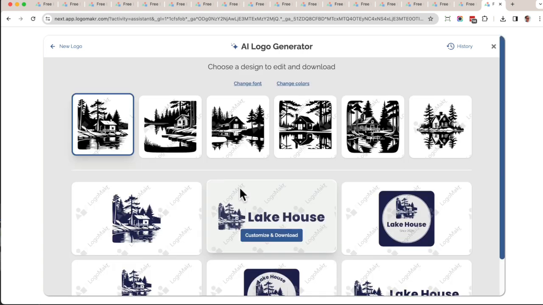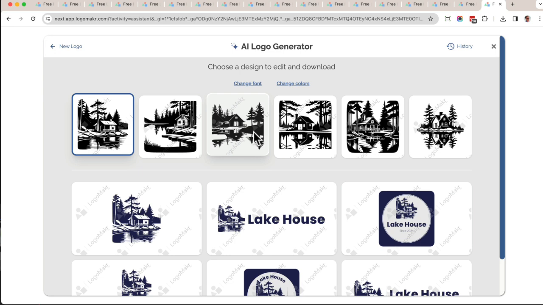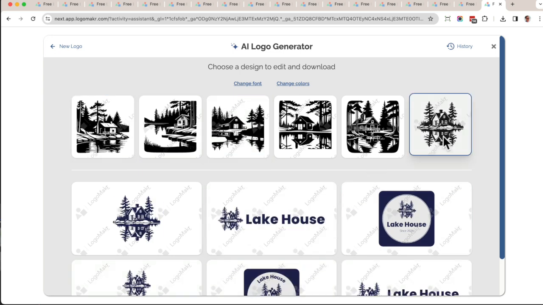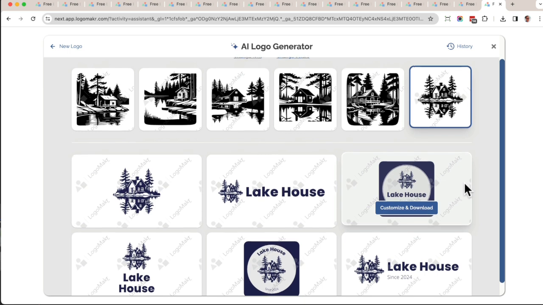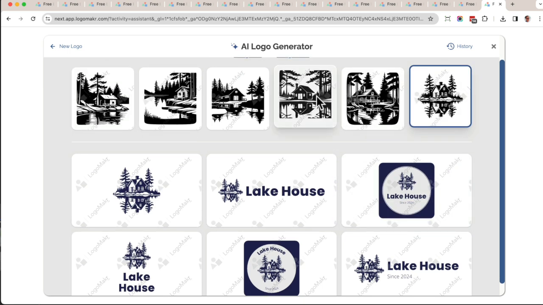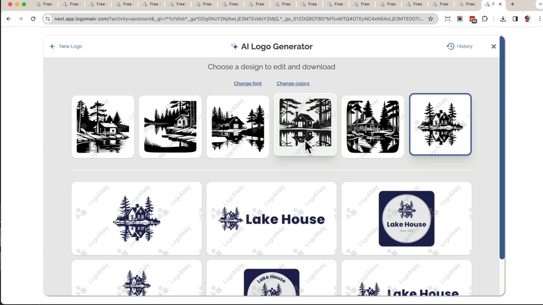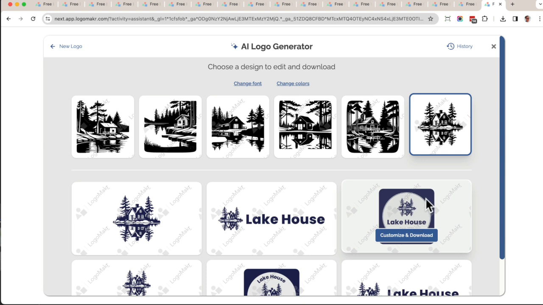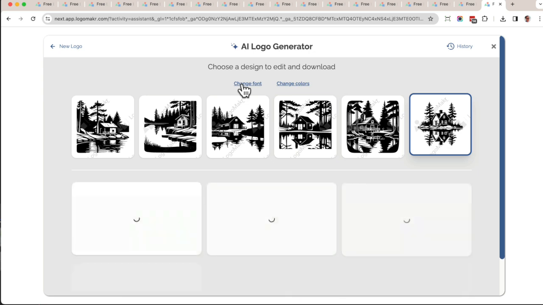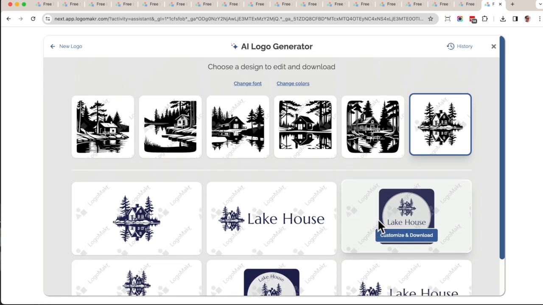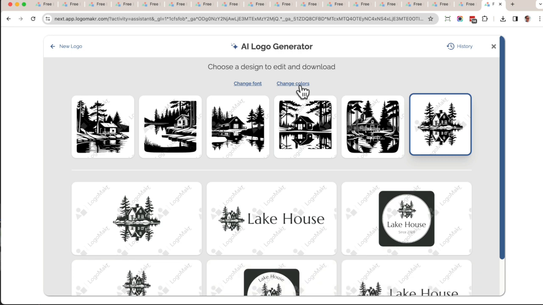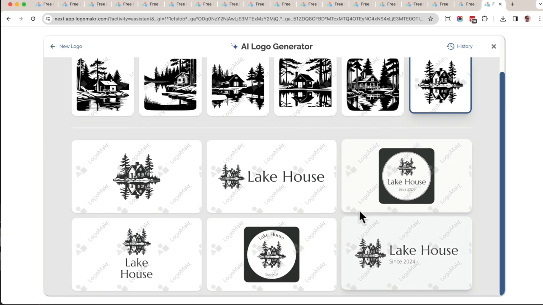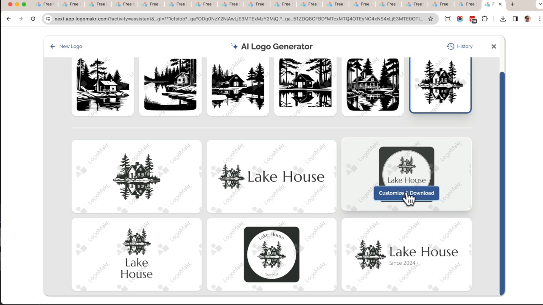Most of these images are pretty amazing. I mean, look at this right here. This is super cool. This would take me literally hours to create six of these different ones by hand. This is absolutely amazing. And now to give you templates that you could just click on and start changing the colors and the text. If you want to give other samples, you could go here and just click on change font, and it'll give you different fonts or different colors, and you could just start clicking on these to get different colors. I'm going to go ahead and go with this one right here, and I'm going to click customize